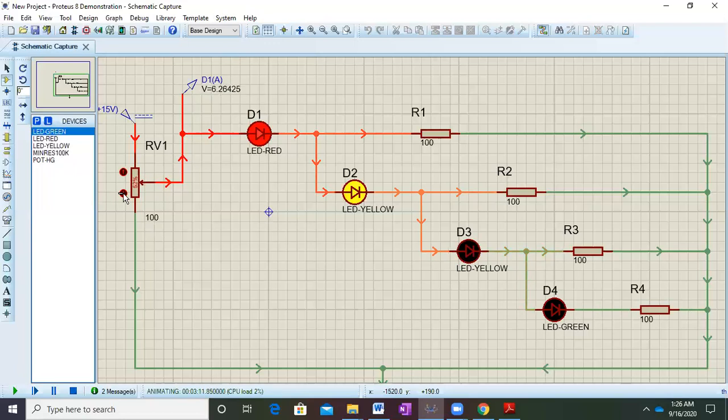Right now I'm around 6 volts, and again one more LED has gone off, indicating that my battery has reduced its voltage level. In terms of percentage, we can consider it. And if I decrease it further, around 4 volts, my battery is critically low. It's fully charged at 10 volts, but right now it is 4. Only one LED is on. A red LED indicates danger, so it's indicating that the battery is at a critically low voltage now.